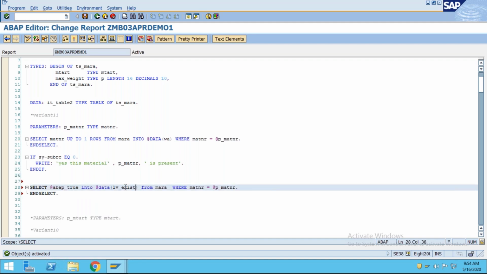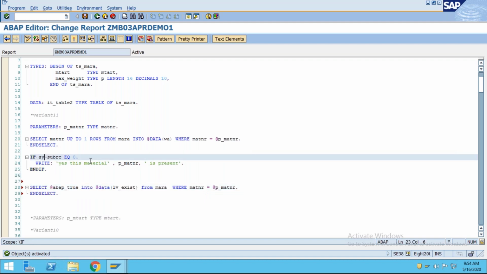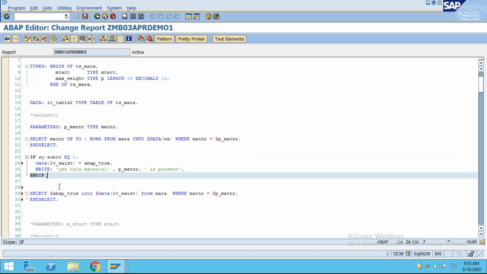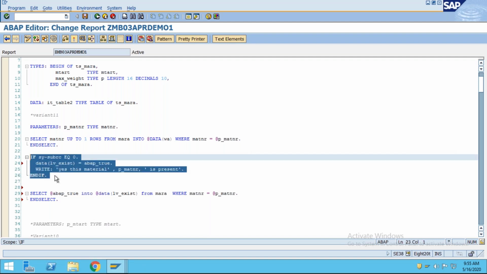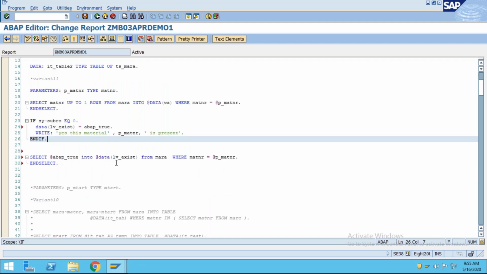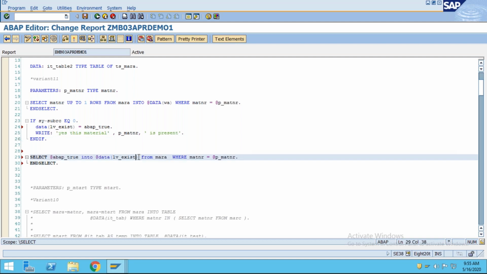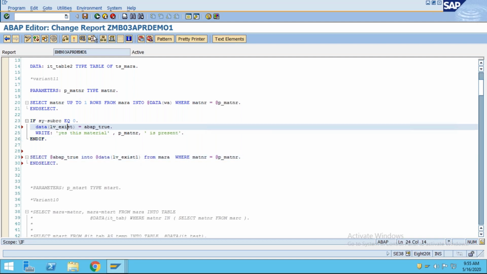Okay, so instead of IF size of rc equal to 0, what we used to do here was IF size of rc is equal to 0, then we used to do DATA lv_exist and set the flag, right? In the earlier case, abap equal to true, right? And this lv_exist you can use further in your program. Here you don't have to do this IF size of rc is equal to 0 and all. If it is present, this flag will be set. Let me give this flag 1, and here this is the normal flag.